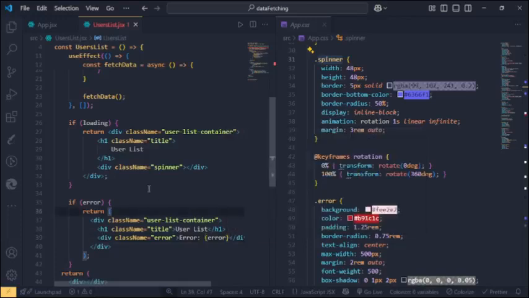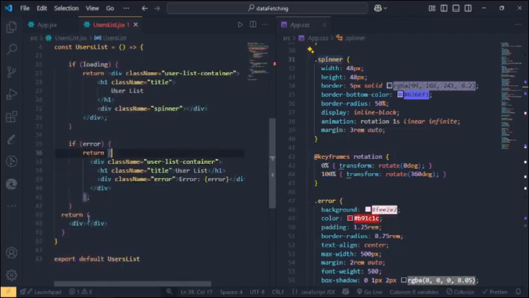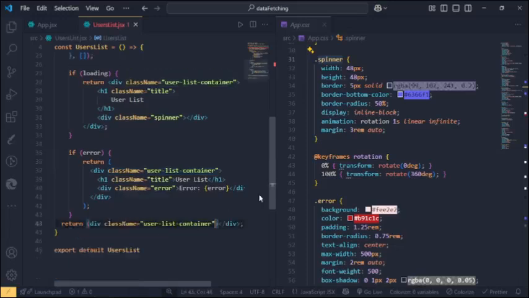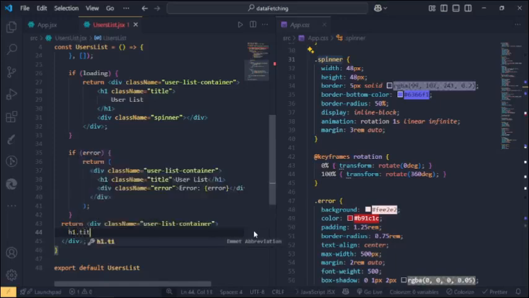I think that is it. So if loading is false, if there is no error, then at that point we need the data on our screen. So we'll now grab this part and copy it and paste it inside this, because we also need the div container too. Then we'll have the h1 tag with the title as well. Also need the title, and now say